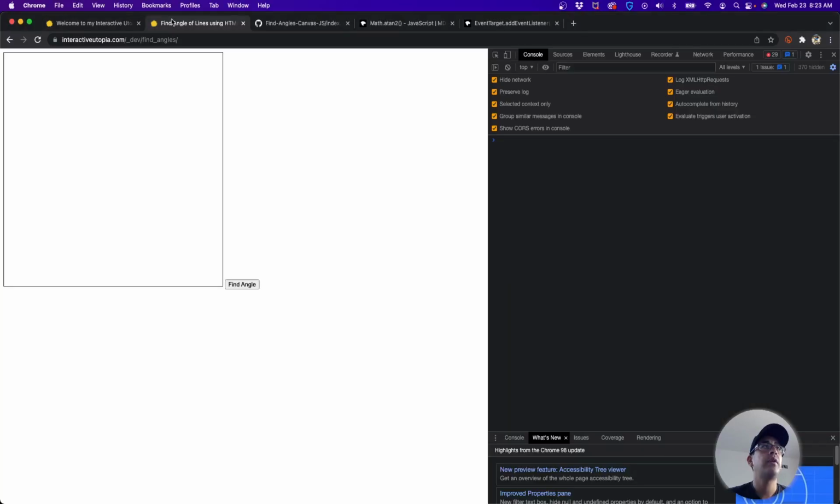Now that that's out of the way, let me show you really quick what I'm talking about when I say finding angles. We just have a really simple application. It's just a canvas on a web page with a button, and that's going to allow us to find the angles of whatever lines get drawn. So let's, for example, set up one line. You can see on the right side in the console, the angle of the last line is 168